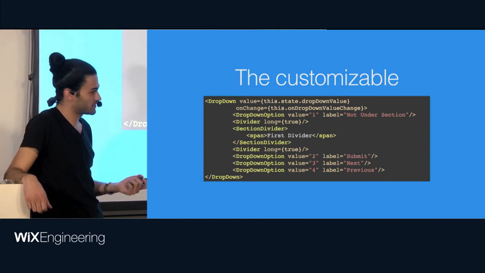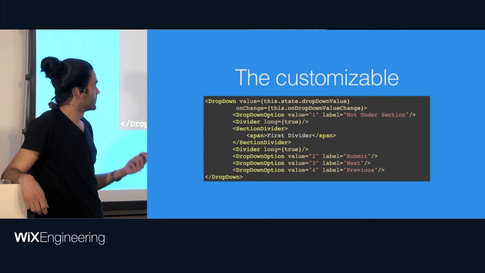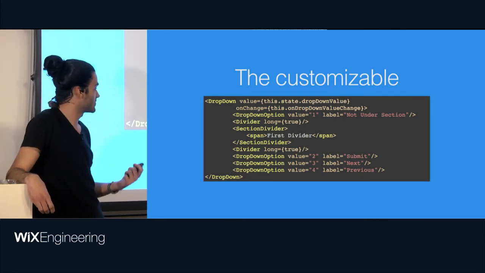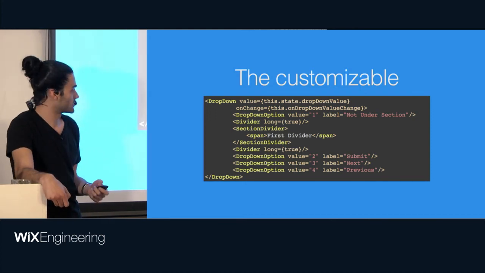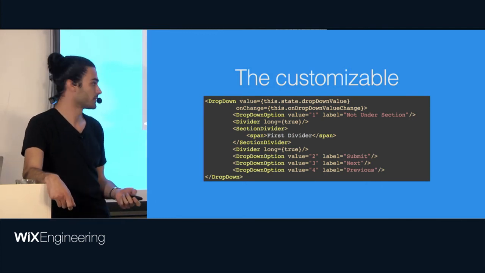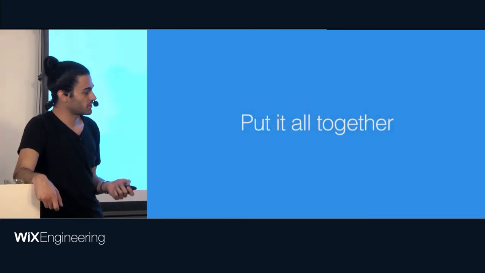This is the customizable version of our dropdown usage. Instead of passing options, we can pass children as content, and then let the dropdown handle the options as content. We can customize inside and replace the option with a customized option and use it in whichever way we like. So when we put it all together,